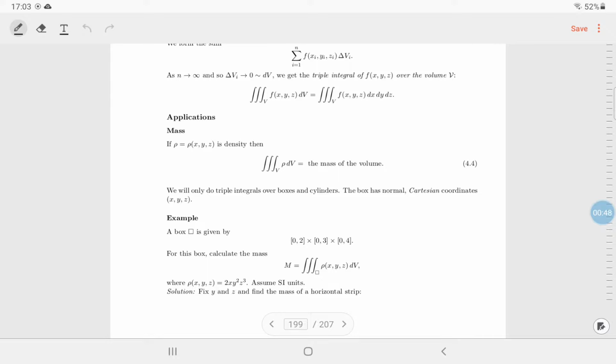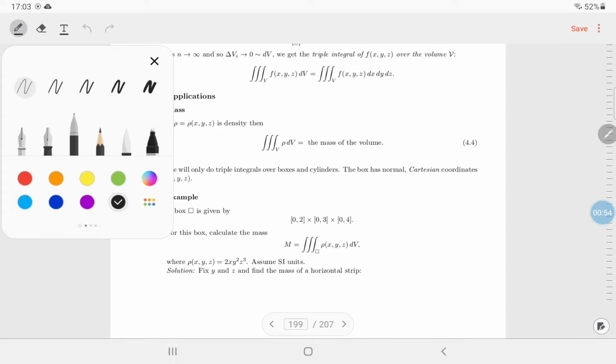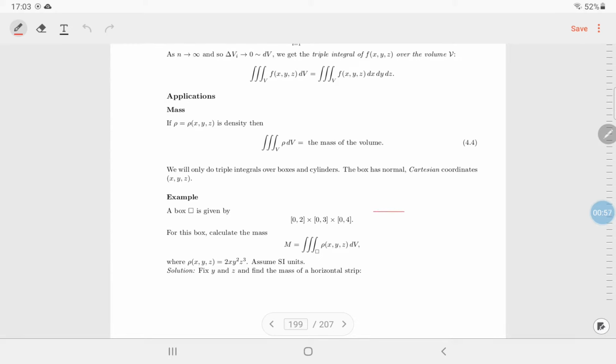And what am I about to say here? I'm about to say, okay, we need to understand what this notation means. If you have an x-axis, a y-axis, and a z-axis, the first pair of numbers refers to the x-axis. So you're talking about all the points whose x-coordinate is between 0 and 2. The second pair of numbers corresponds to the y-axis, so you're looking at all the y values between 0 and 3. And the last one is the z values, so you're looking at all the z values between 0 and